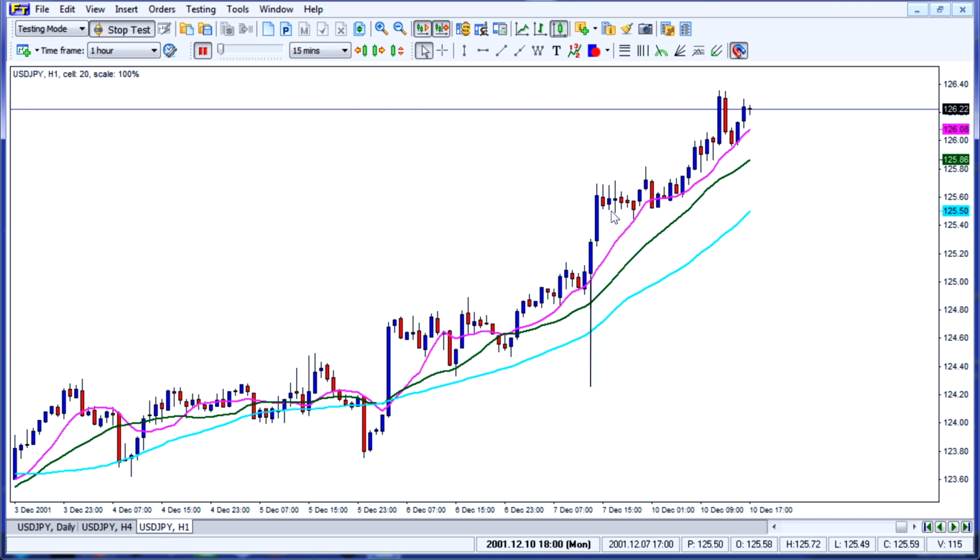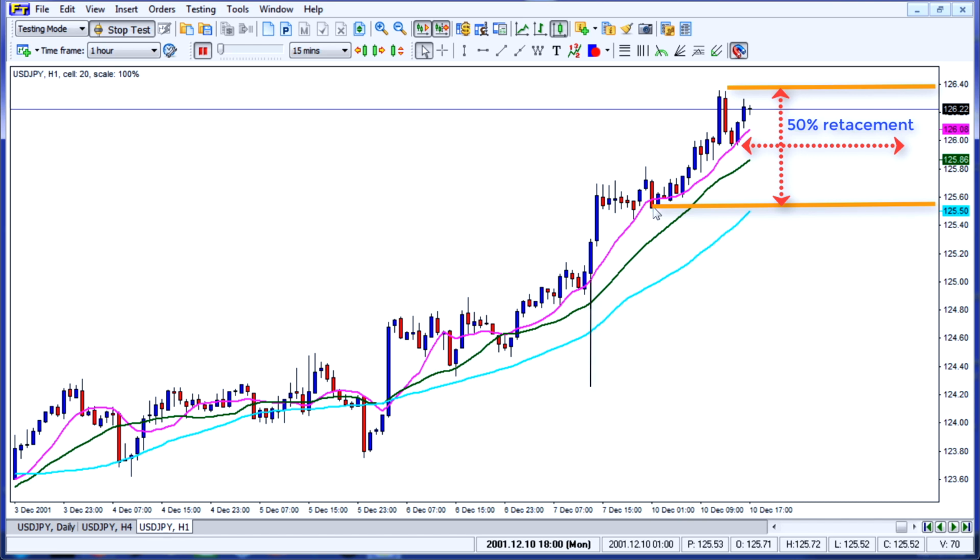I also like to look at a 50% pullback. It's a very common retracement level. So I'll plot a level of potential support to a recent swing high, and then wait for the market to come back and pull back 50% of that move. That's another level. And when you see price action at that level, like a pin bar or something like that, then that again is a very powerful level in order to enter the market. So areas of confluence with the trend is a very powerful way. Many people make the mistake, common mistake, of trying to pick the swing highs and the swing lows in order to